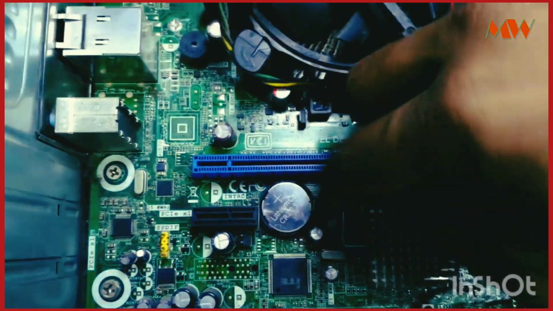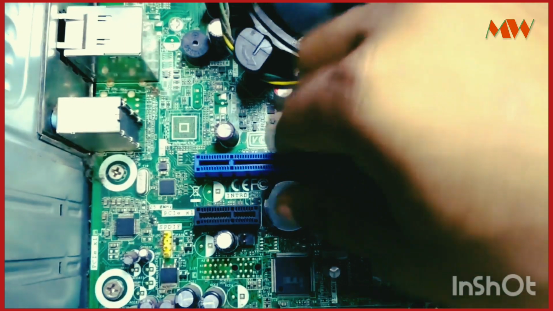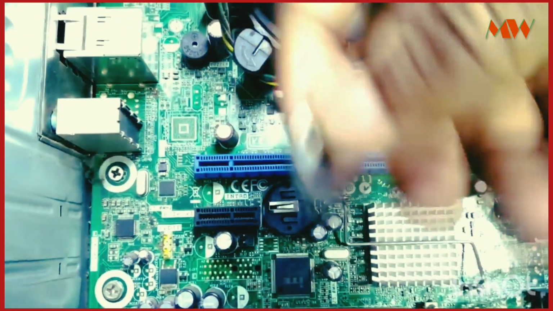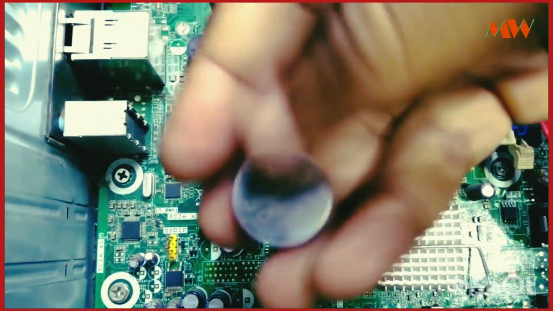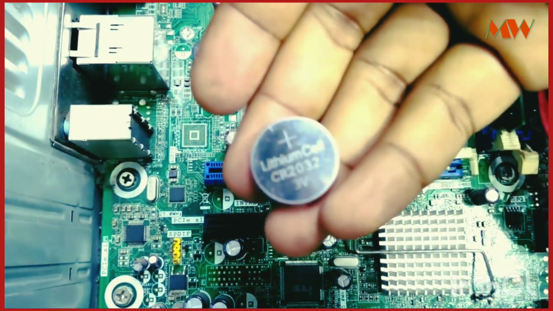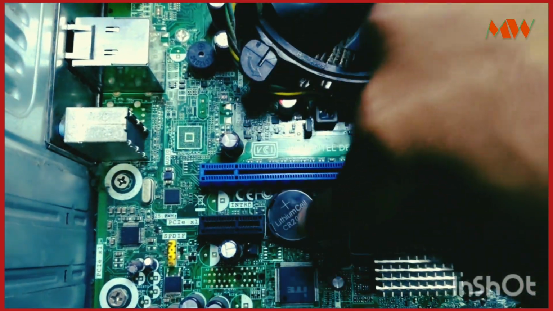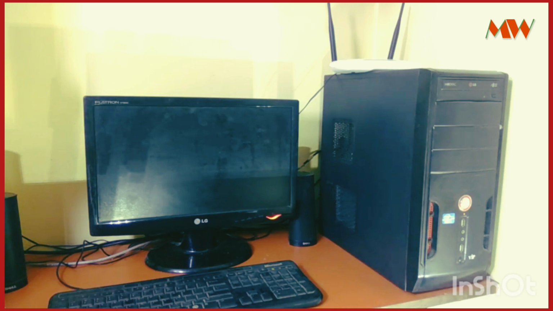And also, if you have old Intel motherboards, then sometimes if your CMOS battery is dead, that will also cause the no display. So check your CMOS battery and replace if required. But if this does not work for you, then don't blame me, because your motherboard might be having some other issues. So if you want, then you can try your luck before giving to an expert.